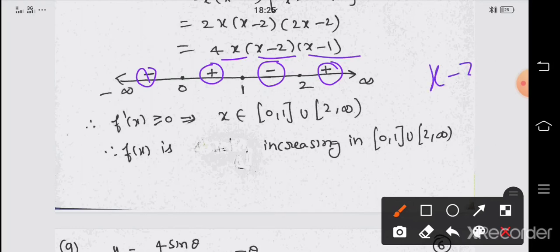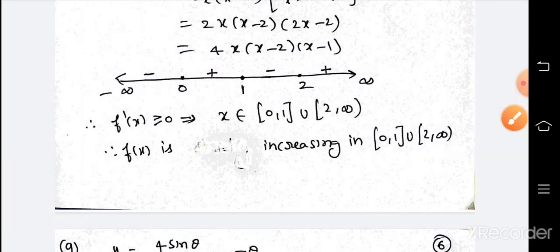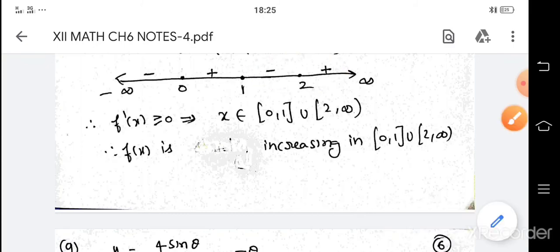If it is quadratic, like x minus 2 whole square is there, when there is a whole square, you don't need to consider this one. You can neglect this because it is always positive. The sign of the expression will not depend on whole square things, because a whole square is always positive. Remember, that time the sign changing will not happen. So when only linear expressions are there, use this wavy curve method. It is easy. When squares are there, that time also you can use the wavy curve, but at that particular square the sign changing will not happen.